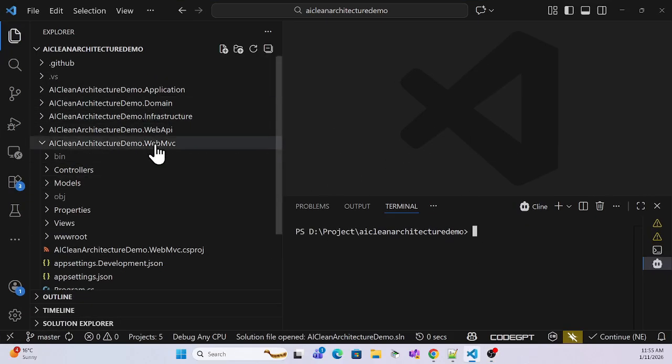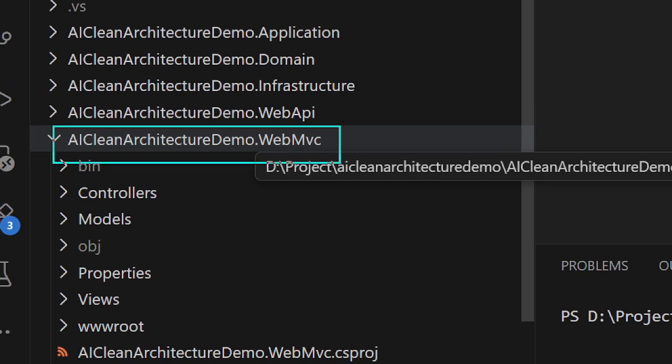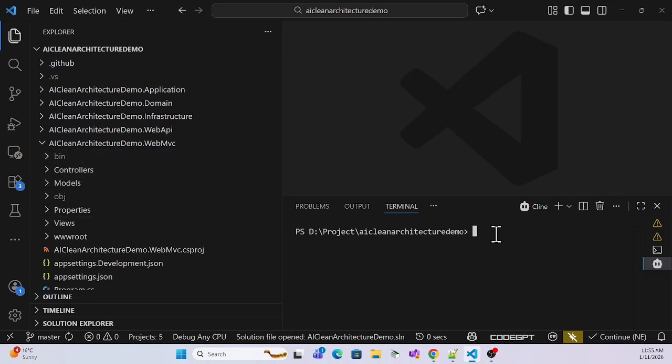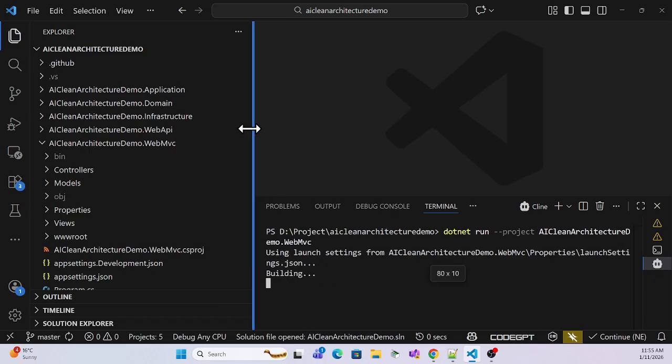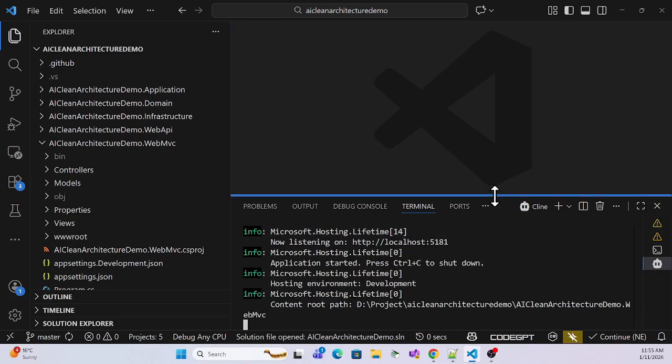I already cloned it and opened it in VS Code, and this is my MVC project, right? Simply I can run this application and see what we have locally. Then we will create a database, integrate it, and then deploy it. So let me open it to see how it looks and how it works